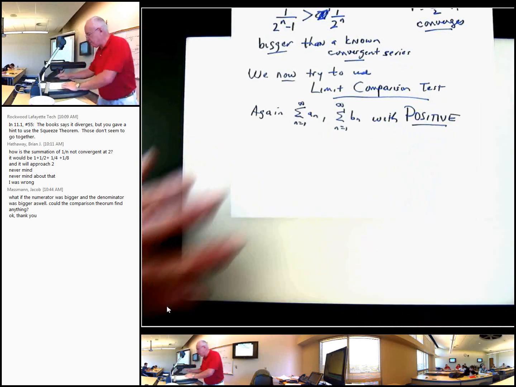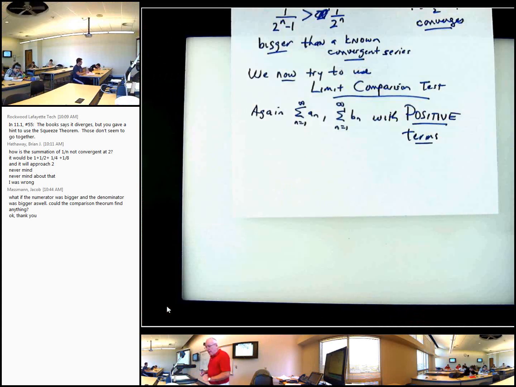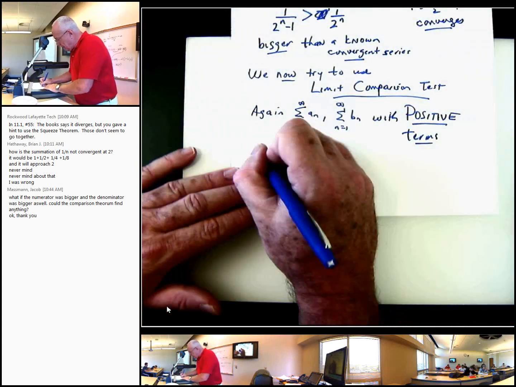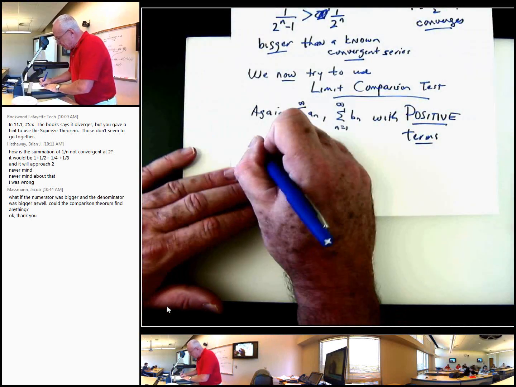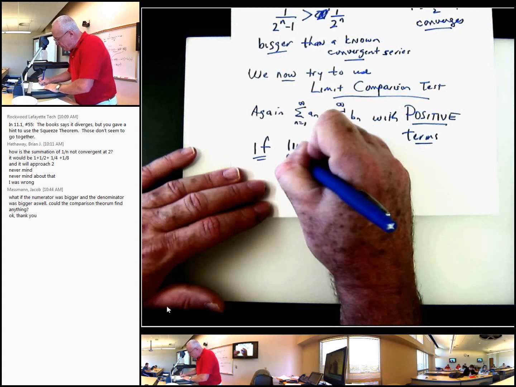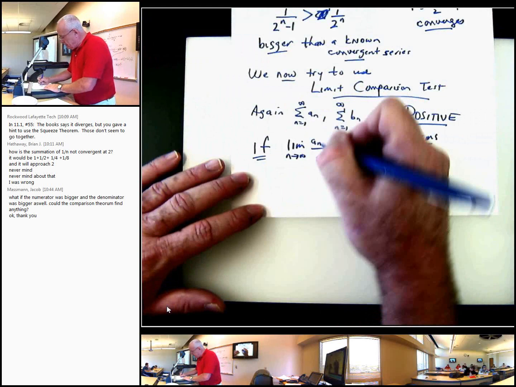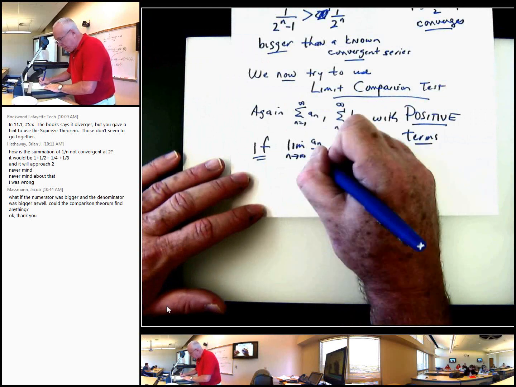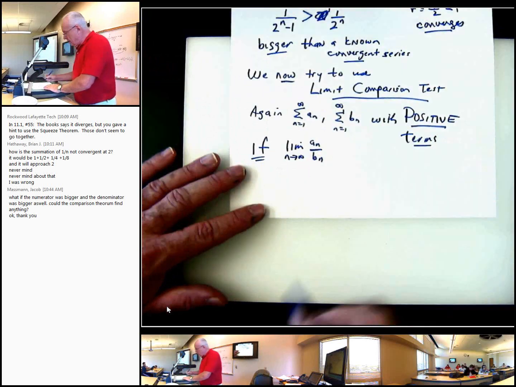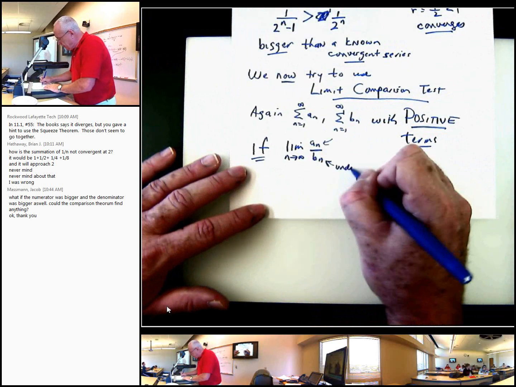If the limit as n goes to infinity of the a sub n term over the b sub n term, okay, so this is from the underlying sequence,